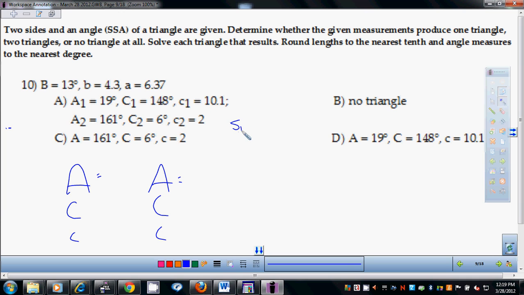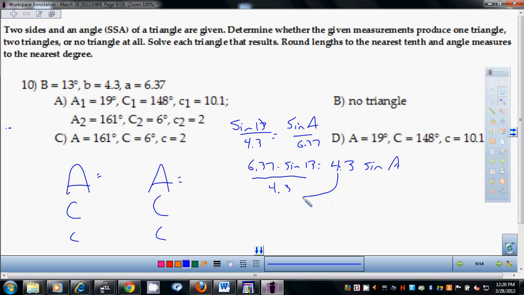Law of sines. Sine 13 over 4.3 equals sine of A over 6.37. Solving it just the way we did the last few. Cross multiply. Divide by 4.3. Then take sine inverse. Somebody take sine inverse of that big old fraction. Well, I guess the answer is going to be, yeah, 19. Now, tomorrow,